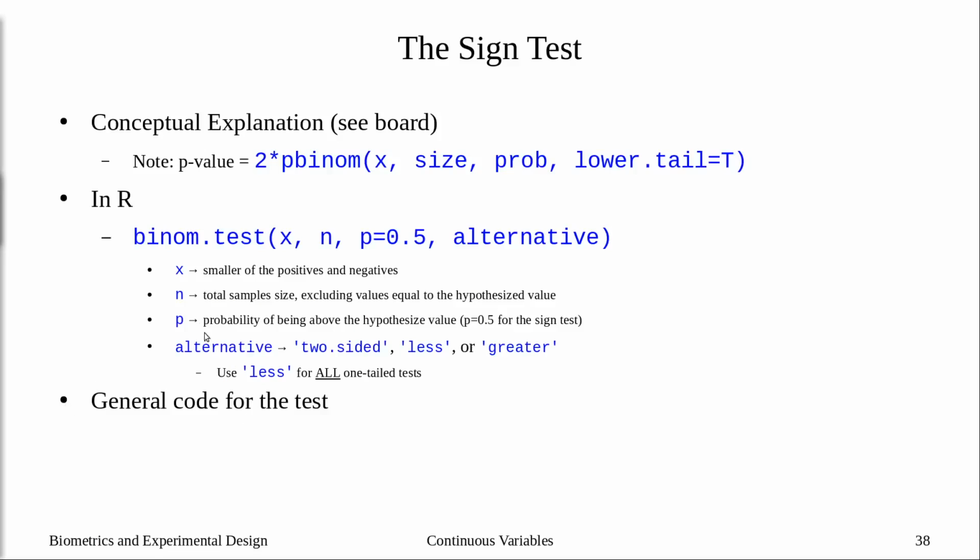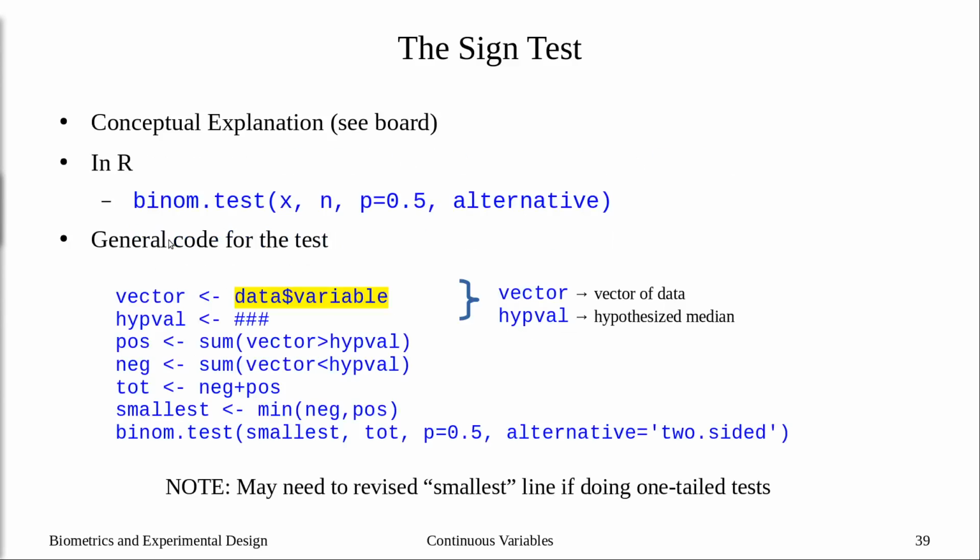So as I said, we can do the binomial test in R. It's the binom.test, where we give the number of successes, total sample size, the probability of success, and state whether we're doing a two-tail or one-tail test. But we're not going to run this because I have a general script for the sign test. So with the sign test, what it'll do is take our data vector, usually in data$variable format. We're going to save that as a vector. We're going to specify our hypothesized value that we're testing against,